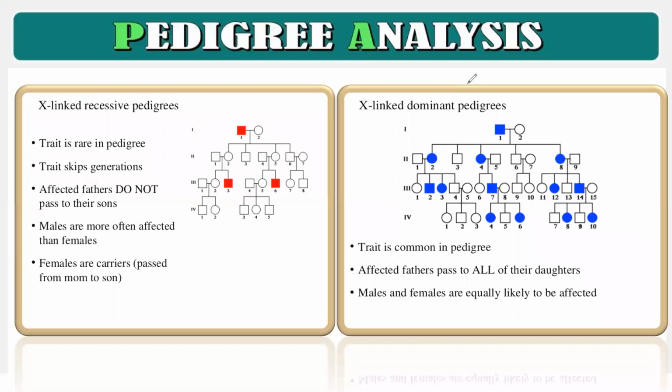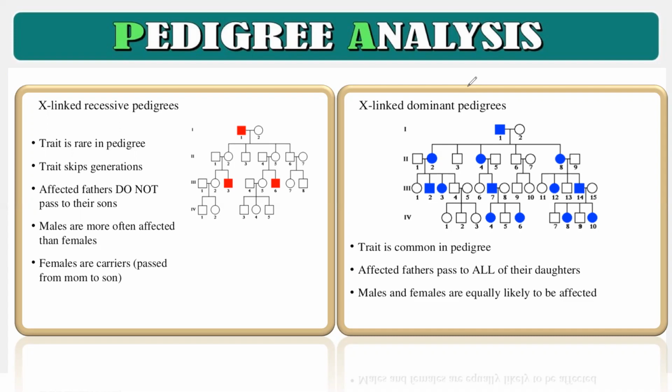How to identify whether the disease is sex-linked, and that too recessive. Recessive is simple, that I have explained to you. If the disease skips any generation, here also you can see, in the first generation it is there, in the second it is not there, then in the third you are able to see it. So if one generation is skipped, then that is a recessive disease. Now how to identify whether it is sex-linked or autosomal?